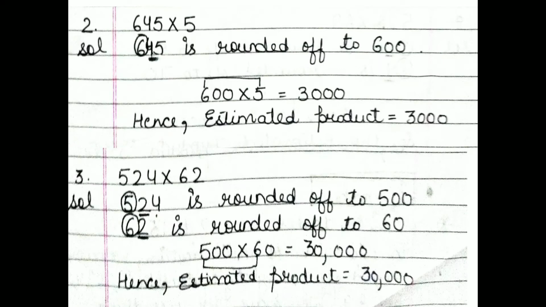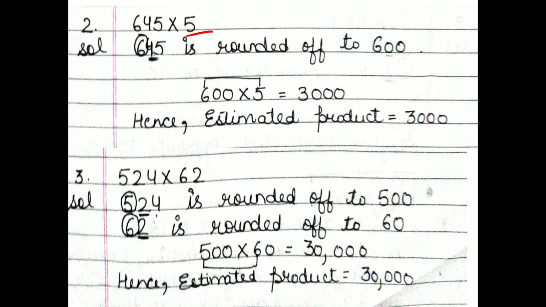Now we do the second part. The second part is 645 into 5. Now how many digits is it having? 3. It means that in a 3 digit number we will see the tens place, because you know first place is of ones, then comes tens, then comes hundreds. Now we will compare which place? Tens place. That's why I underline the tens place, and I will compare it with 5. 4 is smaller, so 6 does not get an extra point. So my answer will be 600, meaning the underlined digits become 00.